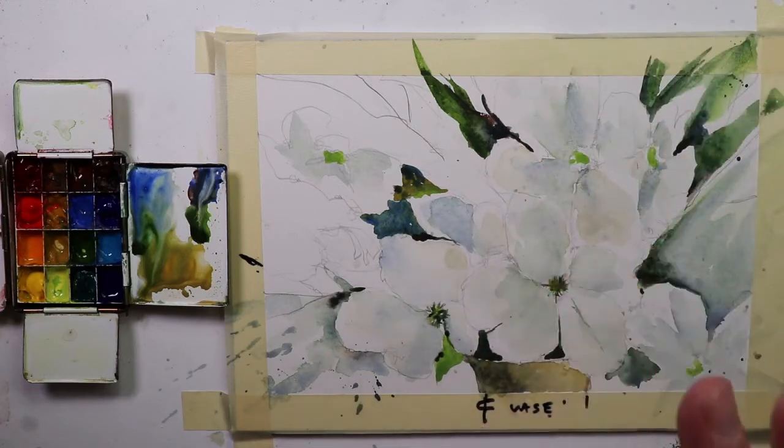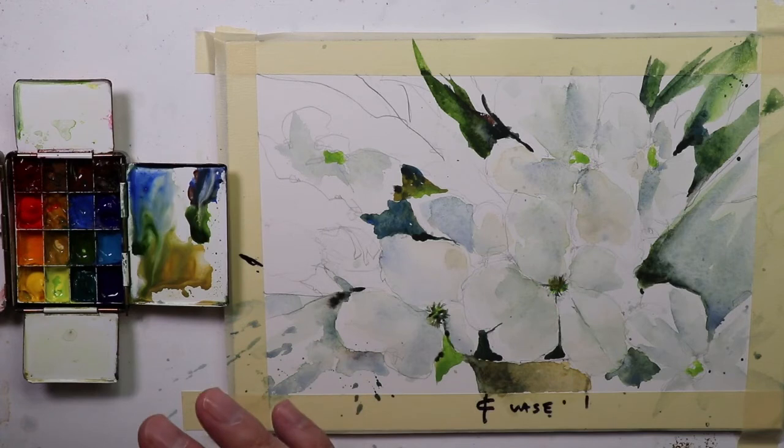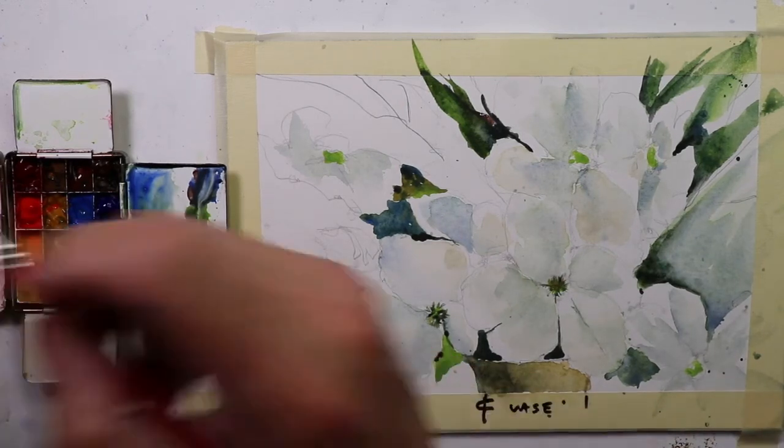So let's think of those things now as we finish up. And I think we really are, you'll see that we don't have to do a lot more to this. It'll be a little underfinished, but let's leave our paintings a little bit underfinished, I think. And then we can always, a couple days later, come back and maybe add a few things, but let's not overwork this. All right, so we said let's do some details on the